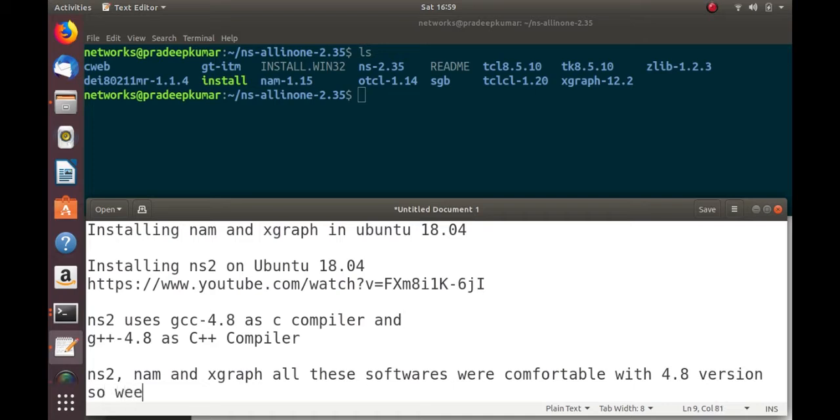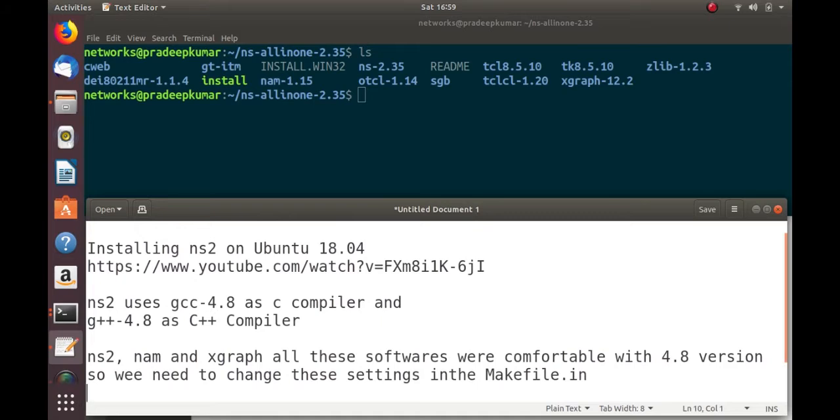So we need to change these settings in the makefile, preferably in the makefile.in. The reason being, ns2's latest release was from the year 2011. After that there were no upgrades or additional patches. It was all the time around GCC version 4.3, but up till 4.8 it was comfortable. After it became 5.0, 6.0, 7.0, it was not comfortable.